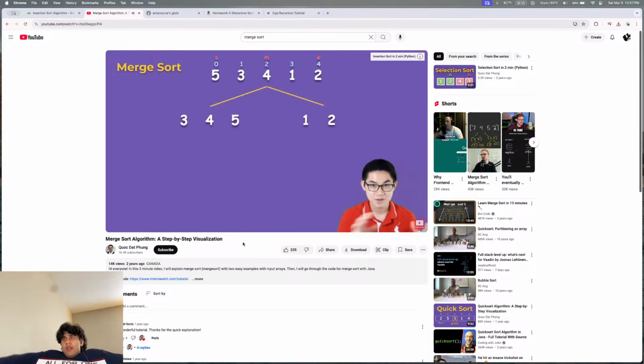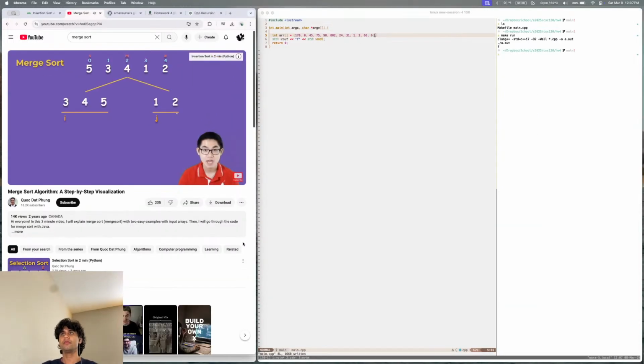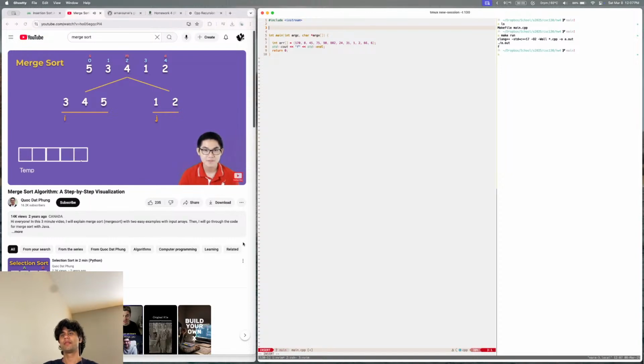So let me explain it going back to this part. Now, the first step is to put 2 lines, the first line here and the second line here, and we have I and J at the beginning of these lines. Since we merged 5 numbers, we need to create a temporary array of size 5. But the official formula is E minus S plus 1, so E is currently at index 4, S is currently at index 0, so 4 minus 0 plus 1 will give you 5.